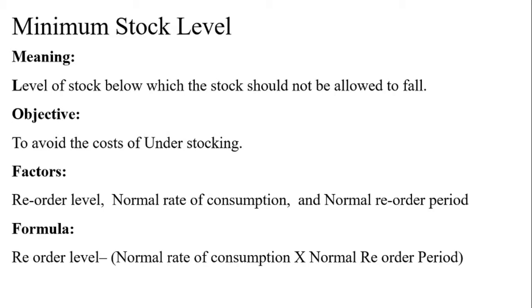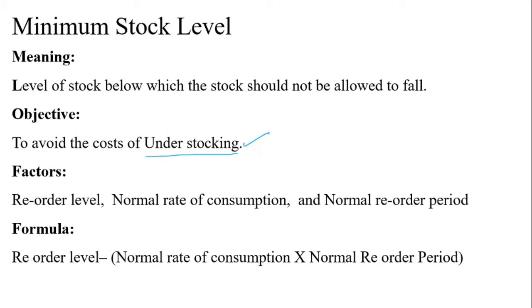If the stock decreases below the minimum stock level, then it leads to understocking. What is the objective of stock levels? The objective is to avoid overstocking and understocking. Overstocking is avoided by following the maximum stock level, whereas to avoid understocking, we need to follow the minimum stock level. Understocking gives very negative indications to the business. When we face the understocking problem, it automatically leads to interruption of the production process.